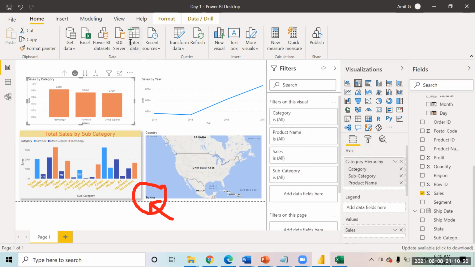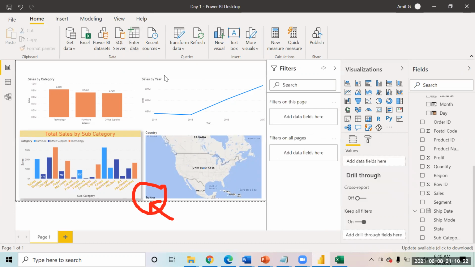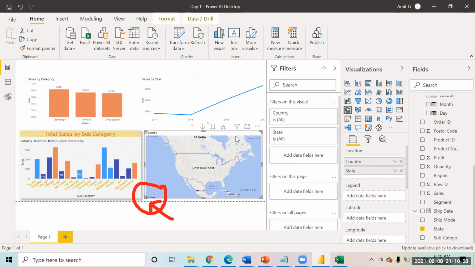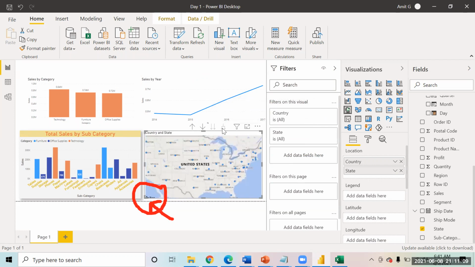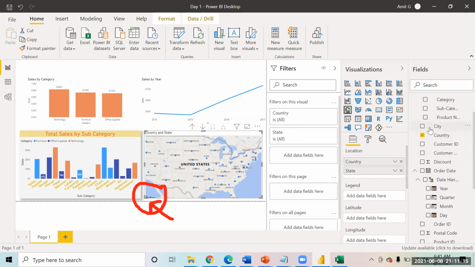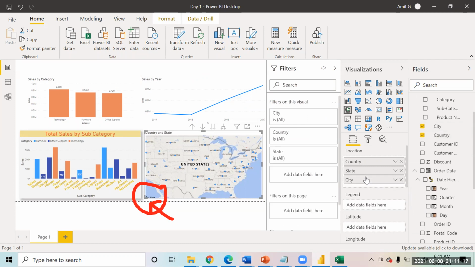Okay, I could have dragged that one by one as well. That also would have made the chart visible the way we have it right now. Now I have country and state. If I use the same technique and expand it, it goes from country to state level. If you put cities also, you will get that city information as well, like this, and I can go further down.